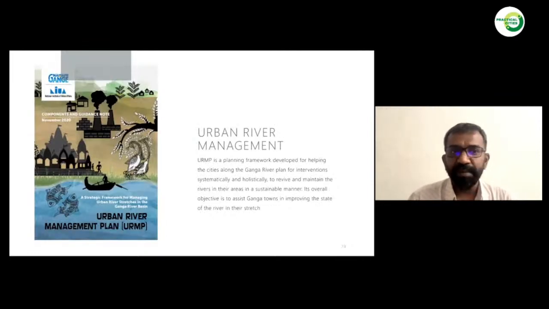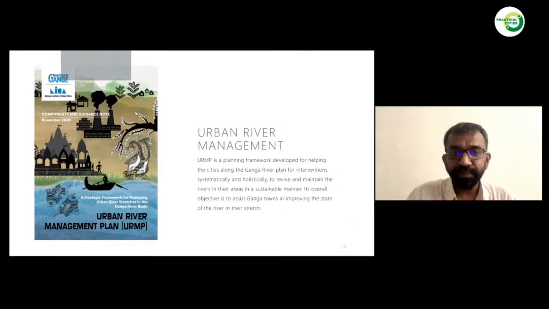Also recently, the ministry launched the Urban River Management Plan. This is one of the pioneering documents in the country, which places the river at the center of master planning. Rather than doing a master plan of the city and working it around the river, it focuses on water as a key element, and how a city and its environment can grow around such water bodies, while maintaining and preserving those water bodies as much as possible. This is currently being rolled out in Kanpur,